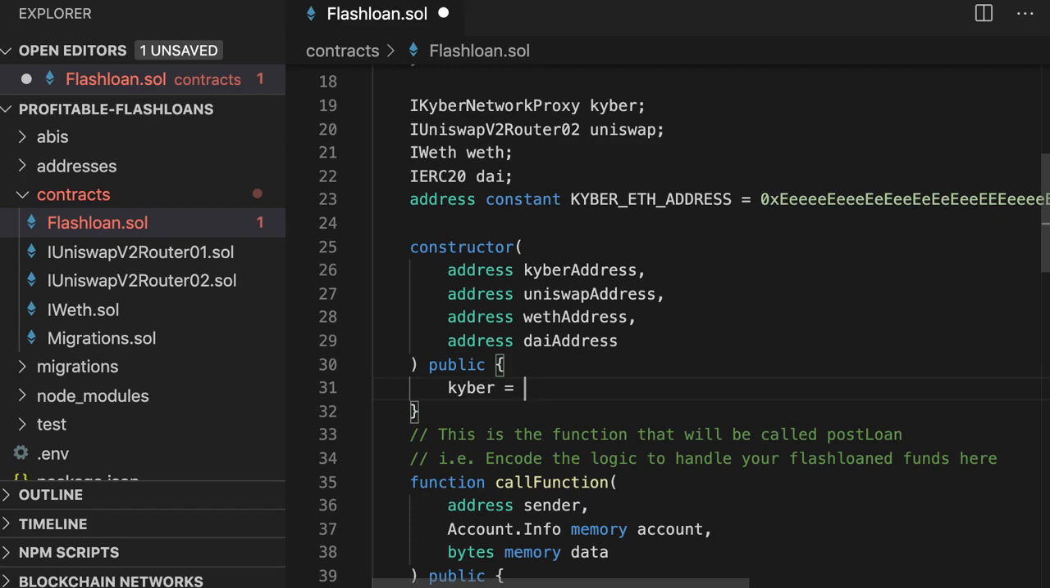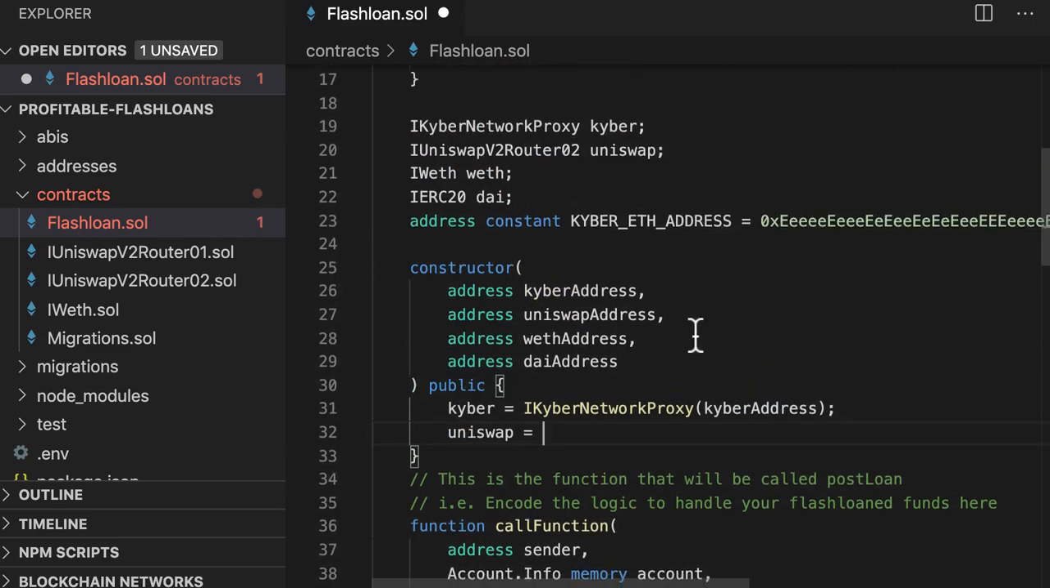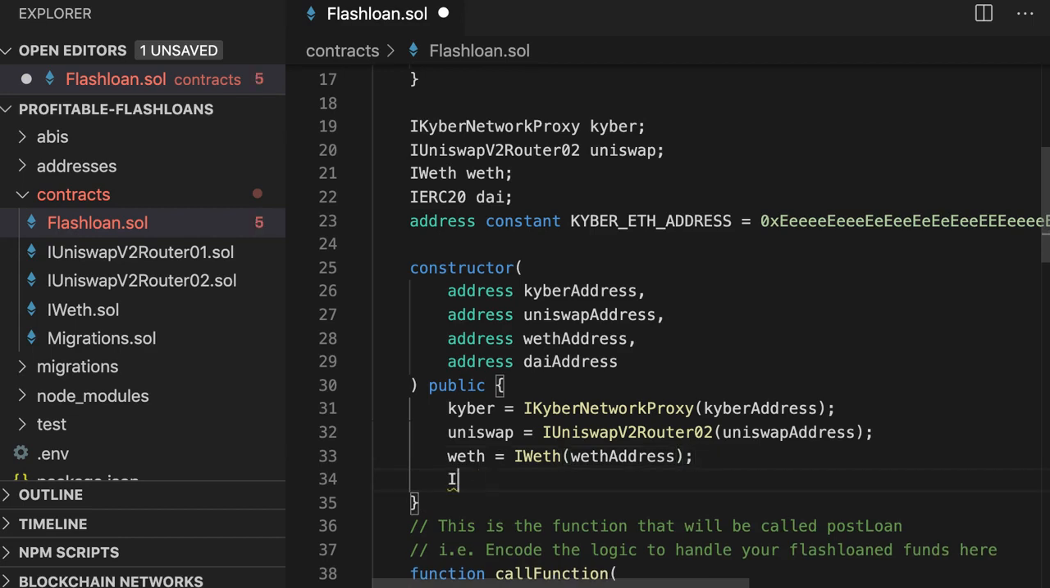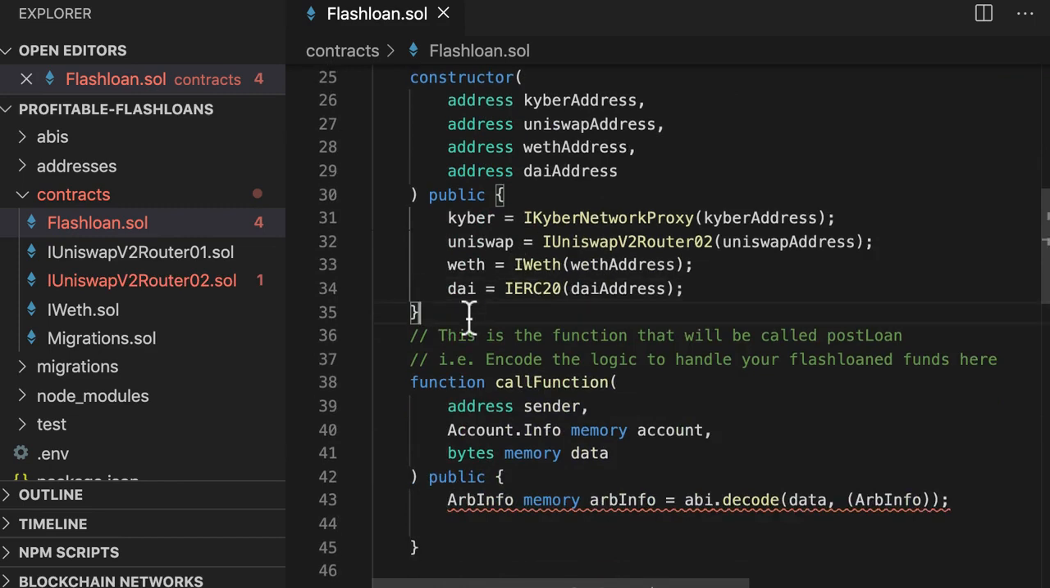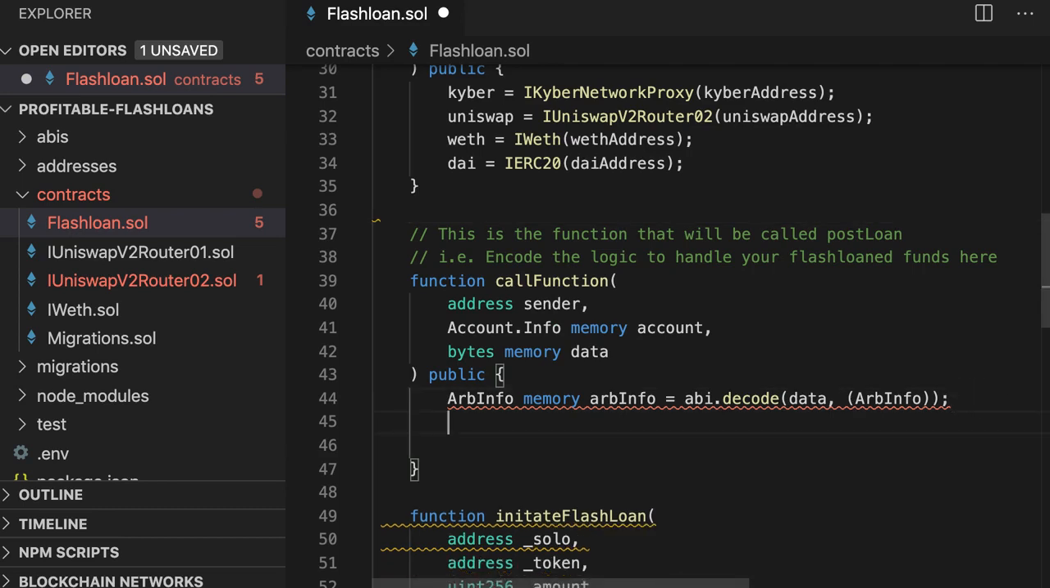So Kyber equal Kyber network proxy, and we pass the address we got as argument of the constructor. Same thing for Uniswap and the other contract, Uniswap v2 router 02. And so now we can interact with the smart contract, and inside the call function we also going to do